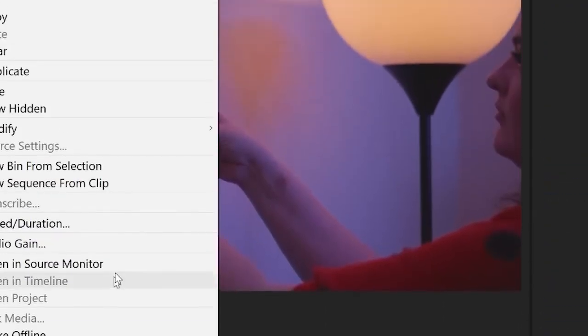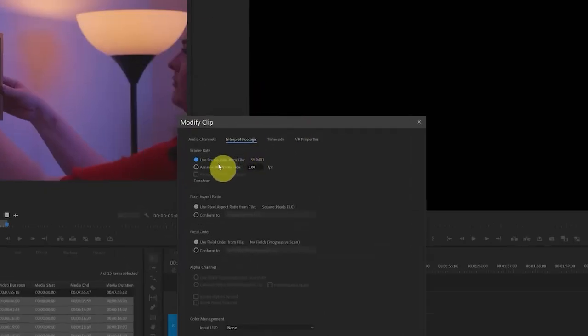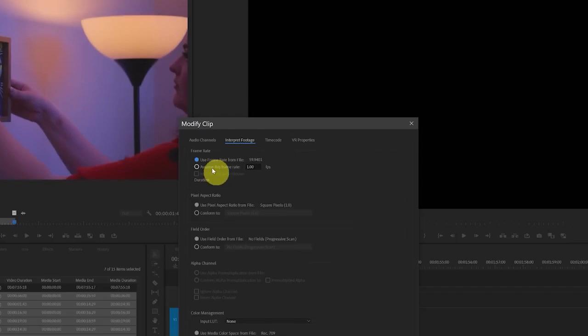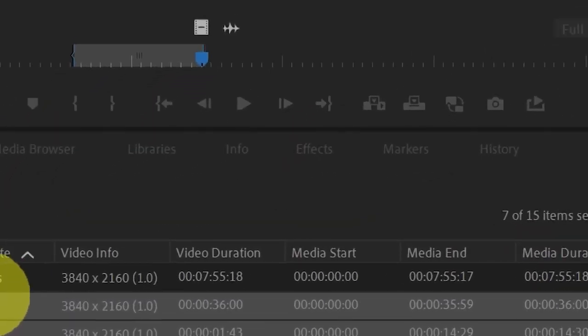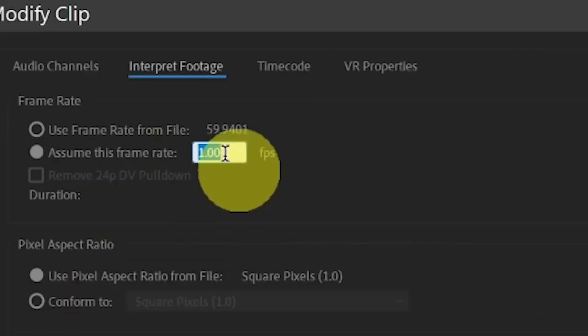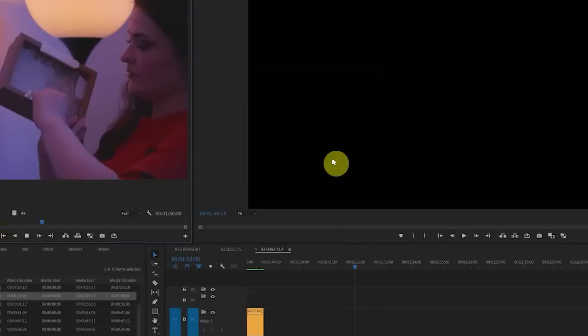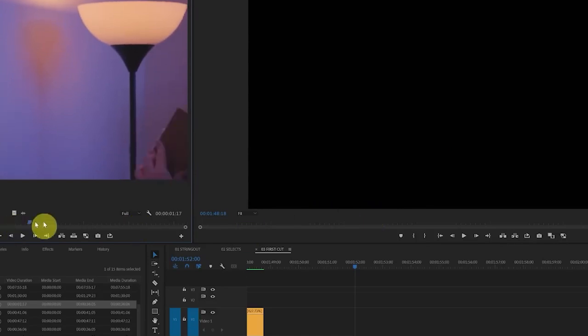Then I'll go ahead and right click, go to modify, interpret footage, and here I can put in my new frame rate. So I can assume a new frame rate. And what am I going to assume? Well, I'm going to assume the frame rate of all the other clips, 23.976. So I'll assume this frame rate, 23.976. I'll press OK. And now when I click on any of these clips, they play back in slow motion already. So I'm going to have to set a new in out point,